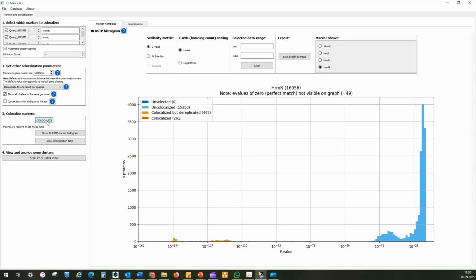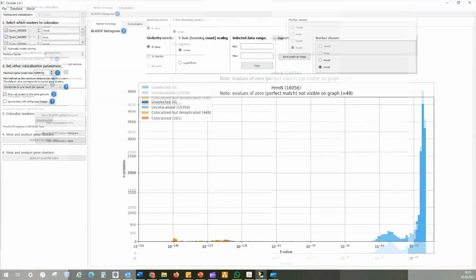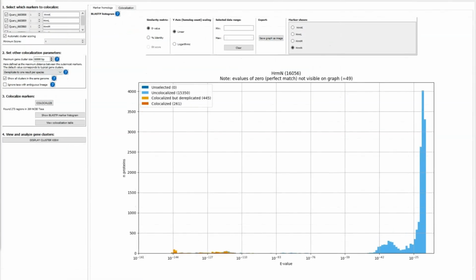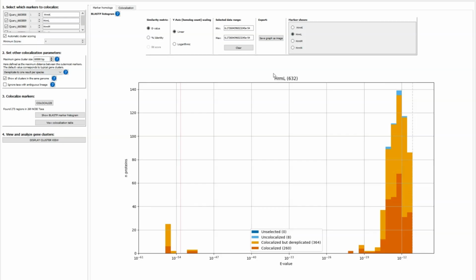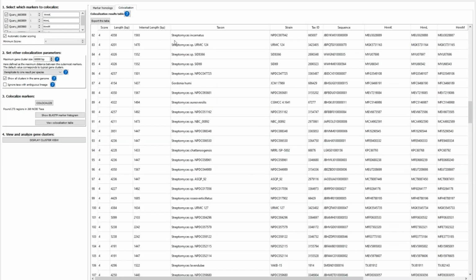Optionally, before displaying the cluster view, you may want to explore the colocalization results in more detail, especially if the number of identified gene clusters seems unexpectedly high or low. You can visualize the identified homologs of your markers using a histogram or inspect a table listing the organisms where